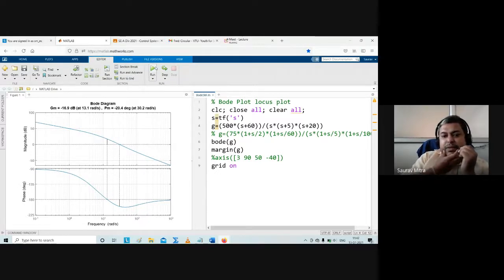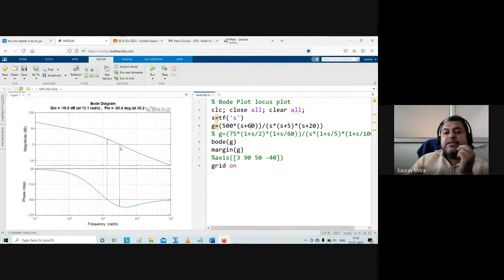Is it understandable why the system is unstable? Because you are finding first there is coming the phase crossover, and then there is coming the gain crossover. Whenever this kind of thing comes, the system becomes unstable. So it is not only adding a zero, but adding a zero where? Adding a zero which is of lower frequency.